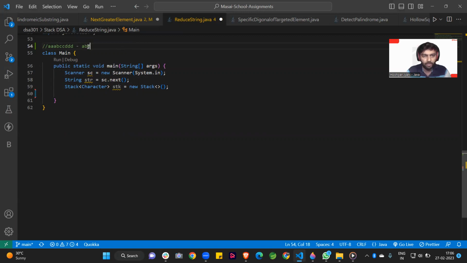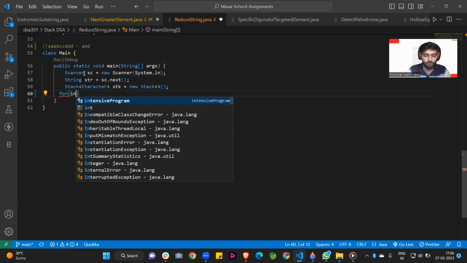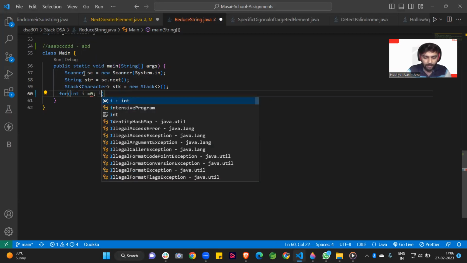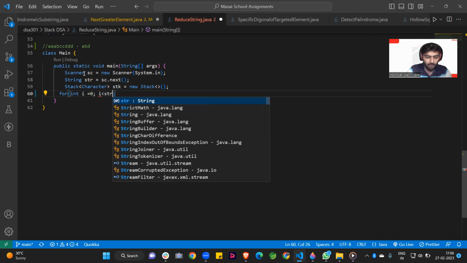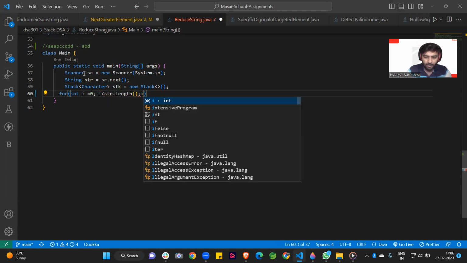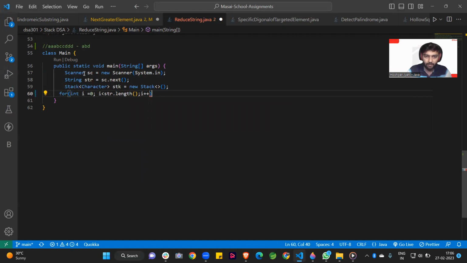So this is our input and this is our output. We are taking this input in our str. The stack data structure is also created. After that, we run a for loop over our string: for int i = 0; i < str.length(); i++.